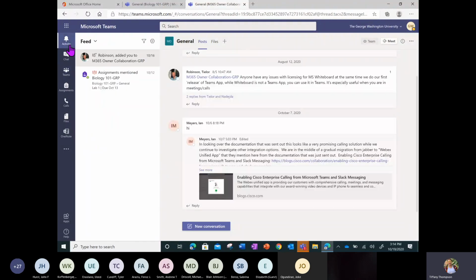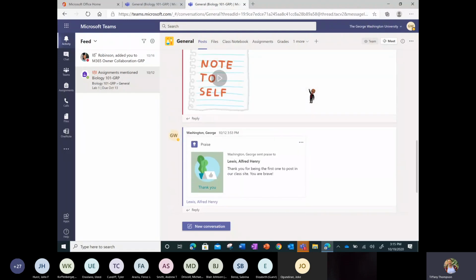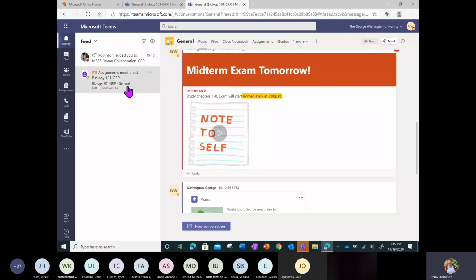Your activity feed is going to show you one-to-one or one-to-few conversations. So for example, we'll show you notifications that are based on your one-to-one, one-to-few, or even your team's activity. So let's say someone tagged me or mentioned me in a team, I would get a notification here. If I'm in a class and my professor sends a message, or there's a new assignment posted, or she or he posts an announcement, I will see those notifications here in my activity feed.